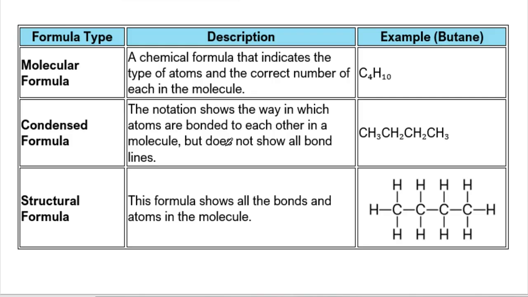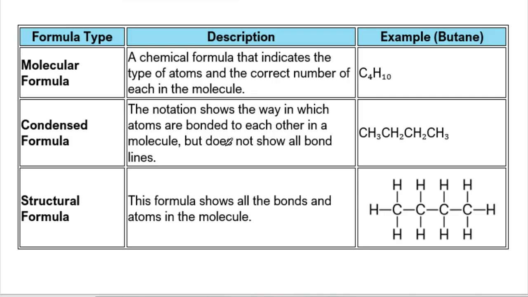Now, a condensed formula is just what the name suggests. It is a condensed version of the structural formula. So grade 12s, in a condensed formula, you're not showing all the chemical bonds between the hydrogens and the carbons and everything else included. It is a condensed version. You will notice that different textbooks demonstrate this in different ways, and there's a few options that are accepted. The important thing is for you not to draw all the bonds in your upcoming chemistry test,